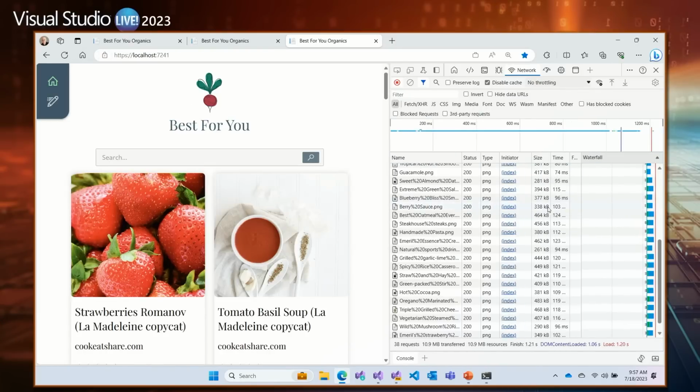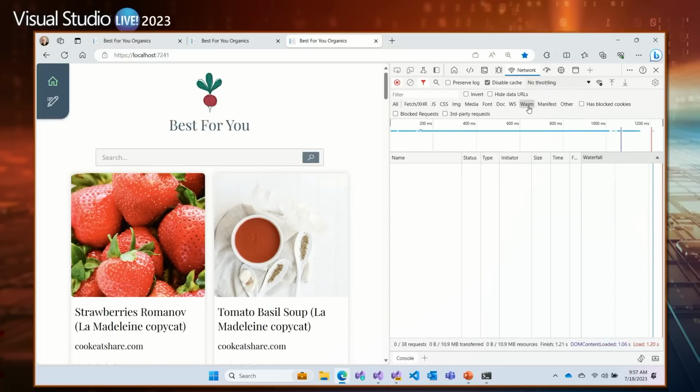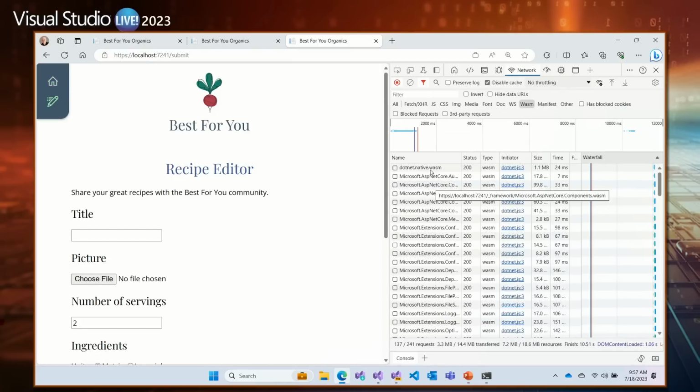Okay, great. I don't know what I just clicked on. Okay, on the home page, do we have any WebSockets? No WebSockets. Do we have any WebAssembly yet? No WebAssembly yet. But if I browse to the submit recipe page, now I see that